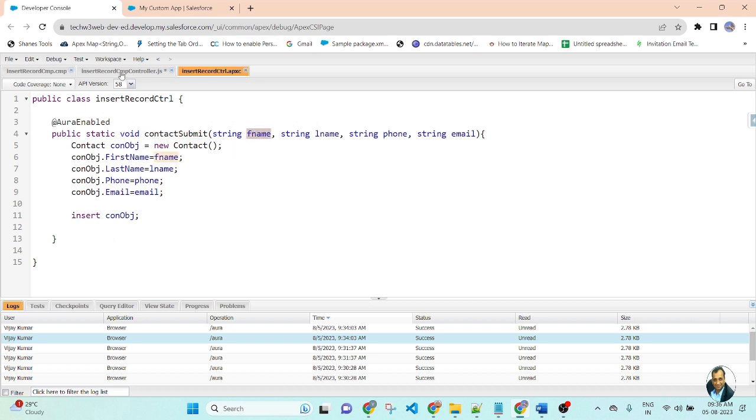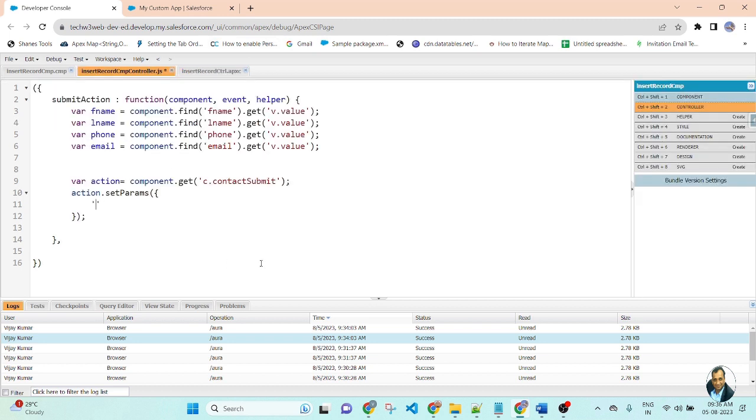Fname, pass fname colon, fname value, we will pass this value dynamically, comma.